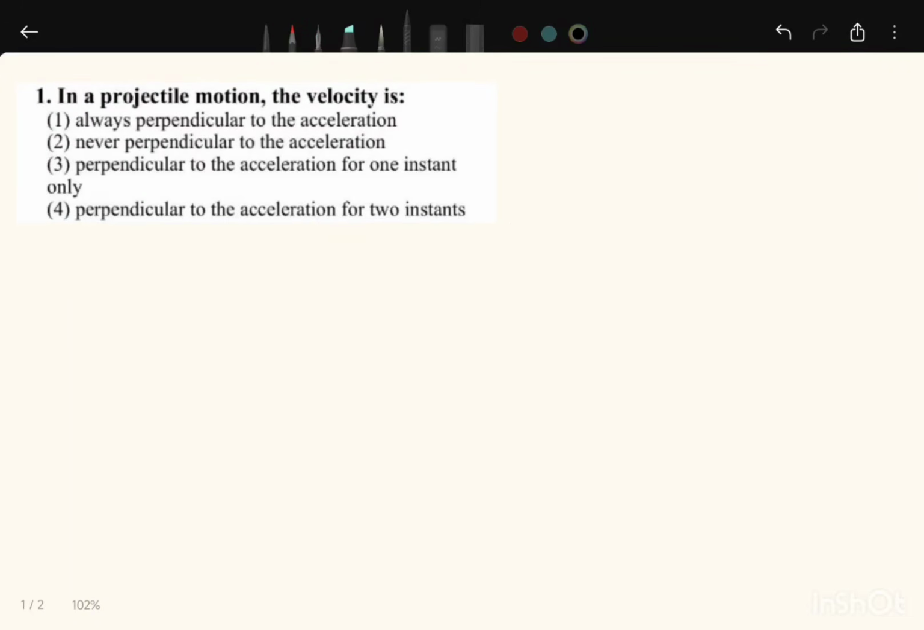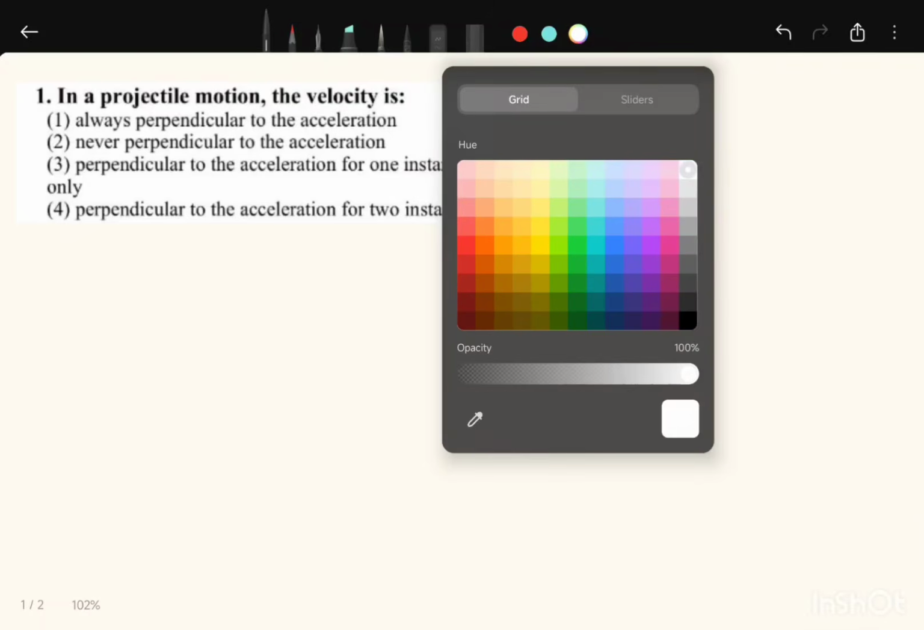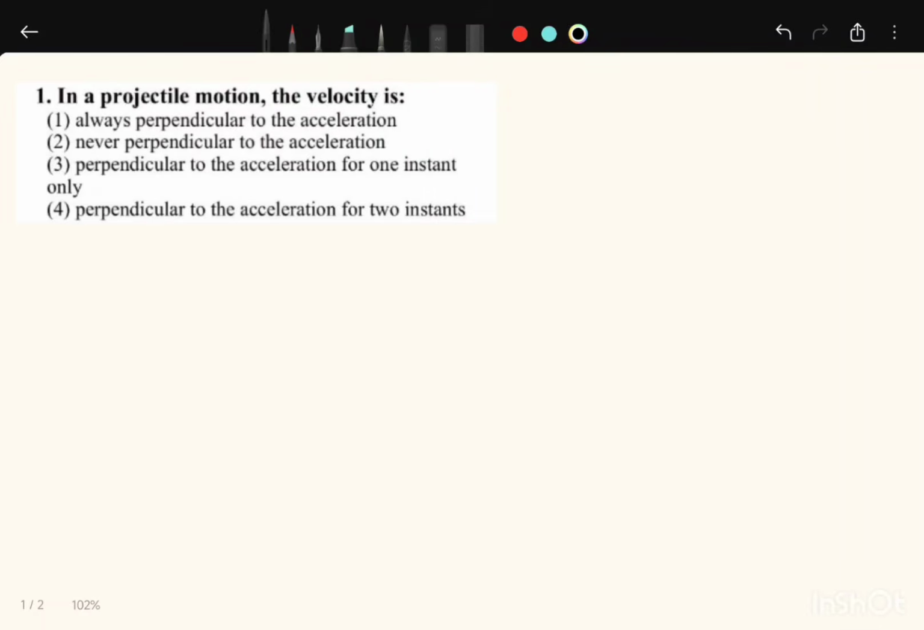So today we are going to solve problems based on projectile motion. Our very first problem: we have to find out whether, in projectile motion, the velocity is always perpendicular to the acceleration, or never perpendicular to the acceleration, or perpendicular to the acceleration for one instant only, or perpendicular to the acceleration for two instants. So first of all, we know in a projectile motion,